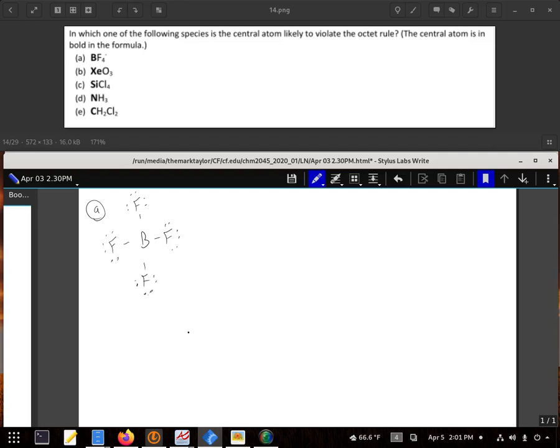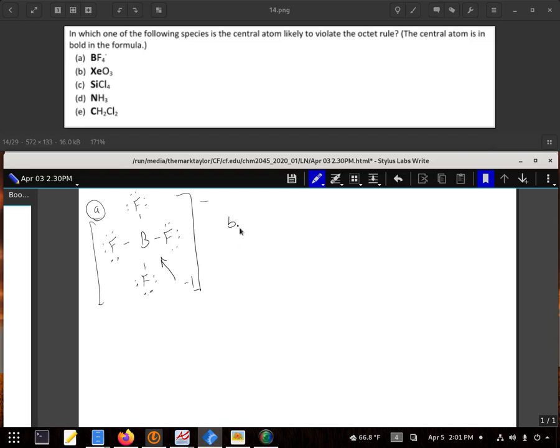And if we check the formal charge, the only thing that doesn't have a formal charge of 0 is the boron in the middle, and it actually has a -1 formal charge. And then we just put the entire molecule in brackets and put a negative charge there. So the central atom, the boron, has 8 electrons it sees, or 4 bonds, so it is following the octet